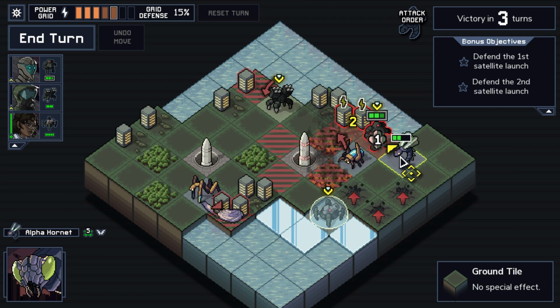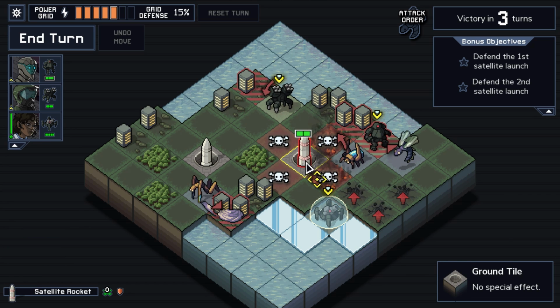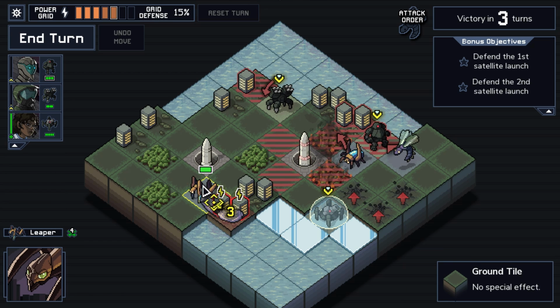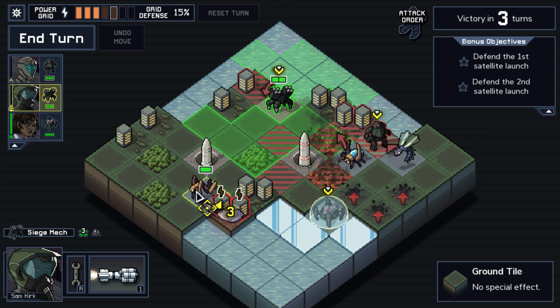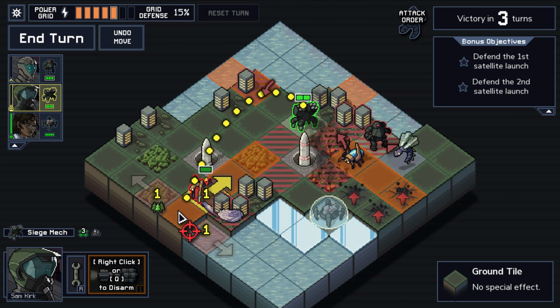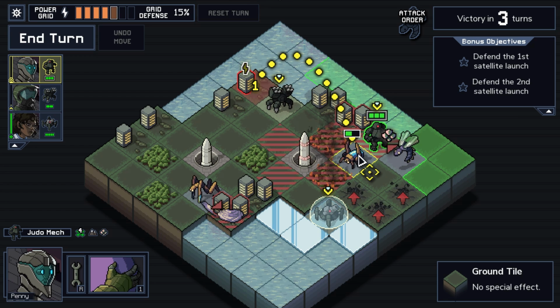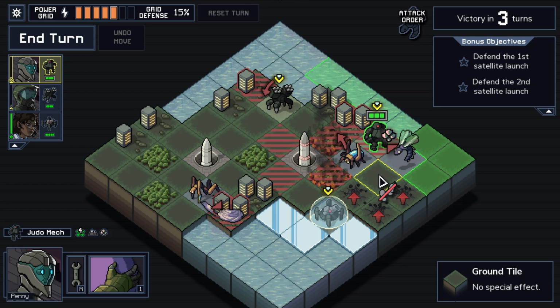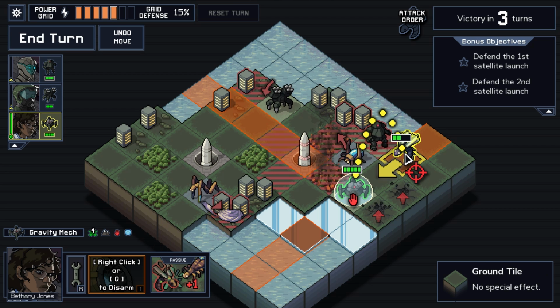Trying to think if there's a better way, like if we can get the Hornet into the tile of the satellite rocket so that it gets destroyed, but I don't think we can do that. I think we're going to have to, this is awkward. I think we're gonna have to kill the Leaper with the Siege Mech. Probably just kill the Scarab and then maybe pull the Hornet. The Hornet's not dying, which I don't love. I would like to kill the Hornet, but I really just...